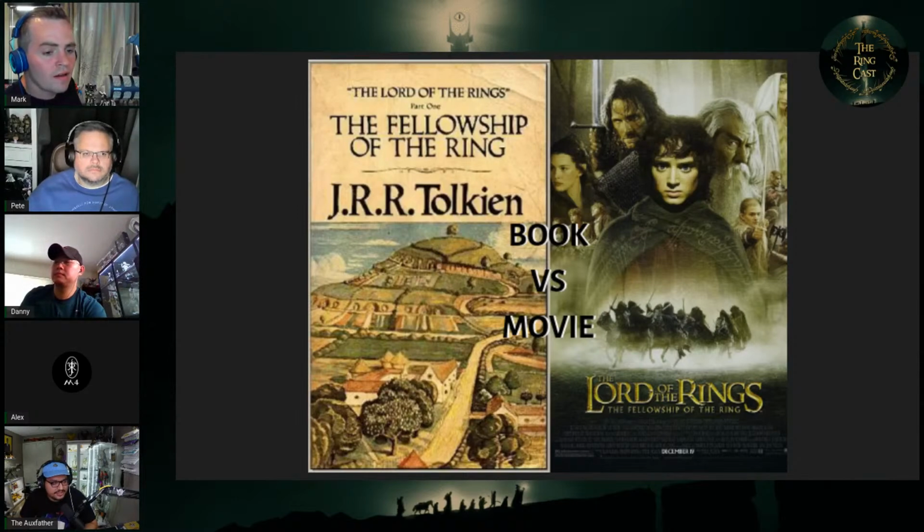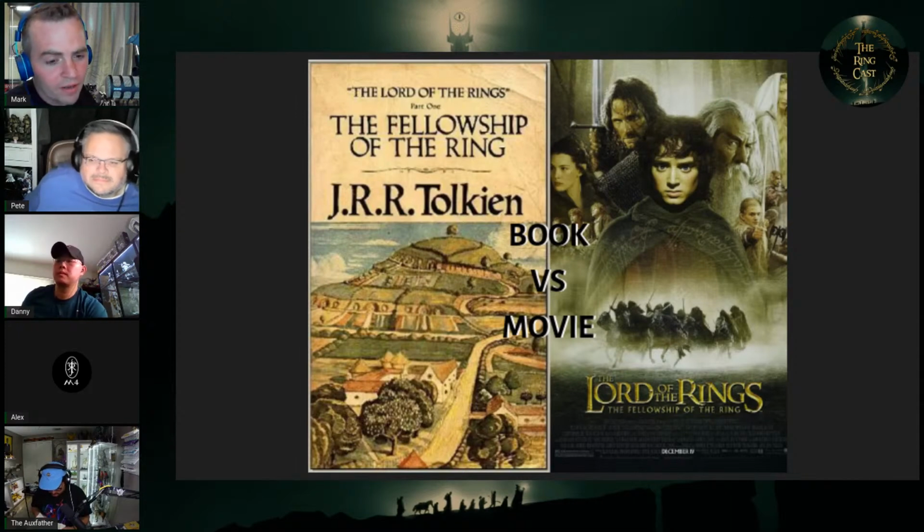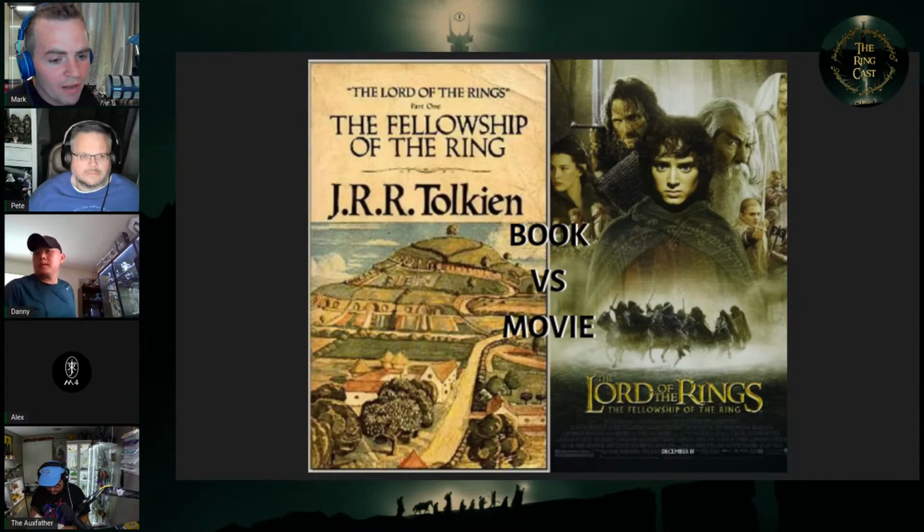What about you, Mark? What do you think are some good changes that they made? The really good changes they made were the parts they skipped completely. In the book, it was hard for them to get out of the Shire. They got trapped by trees multiple times by Old Man Willow, and when they were up on the mountain of Caradhras, it was the magic of the mountain keeping them from crossing. It wasn't Saruman. So in the movie, they made Saruman's character better in that sense